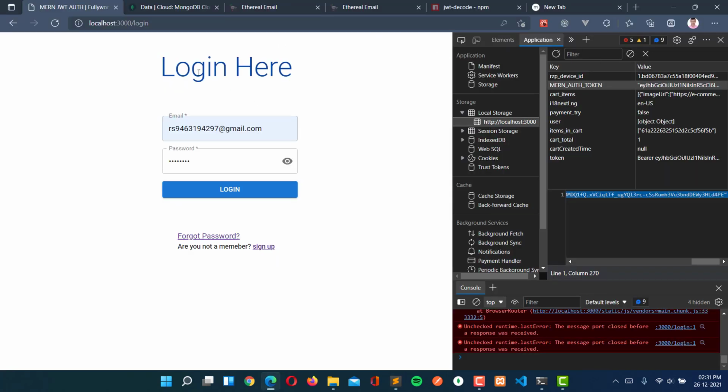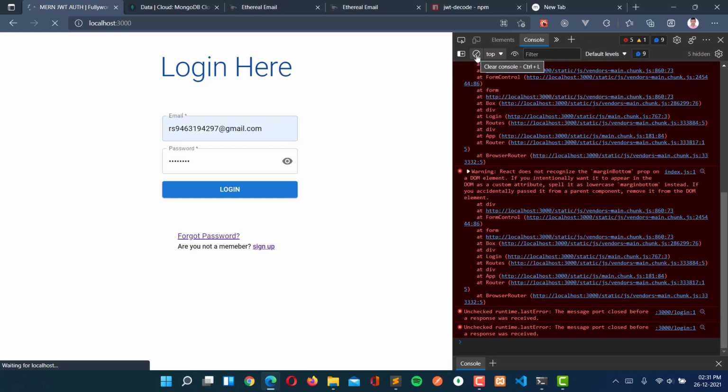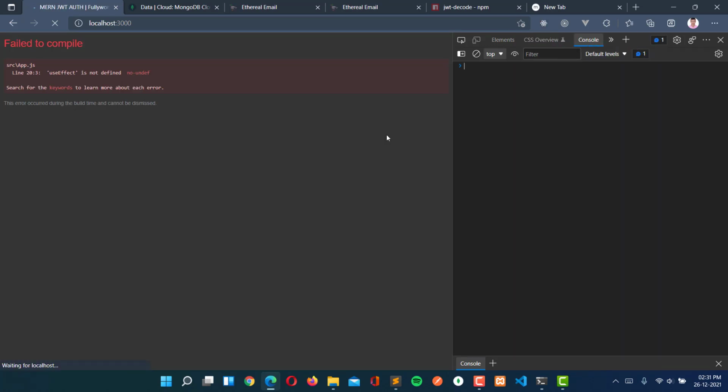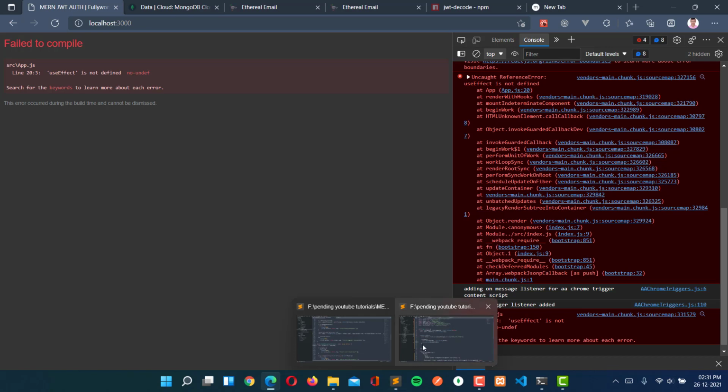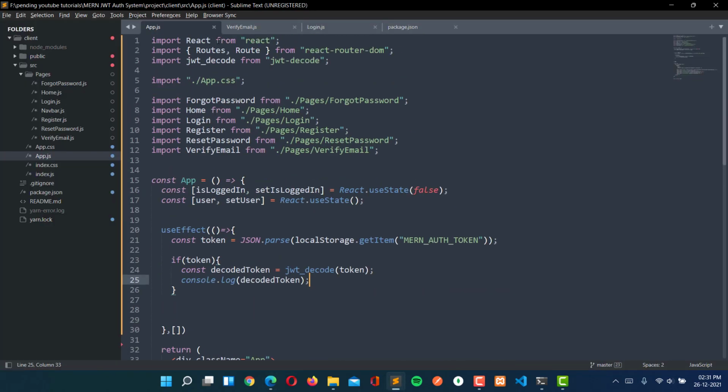Now I'm just going to go to the home page. Because our user is already logged in, I'm going to close this application, and let's wait for the application to be reloaded. Here we are getting one error. useEffect is not present here, so we have to import useEffect also.